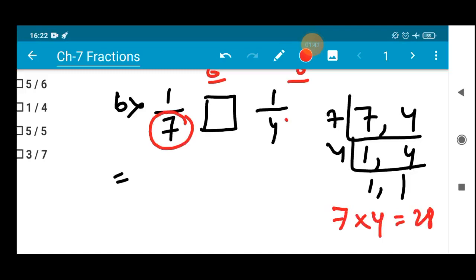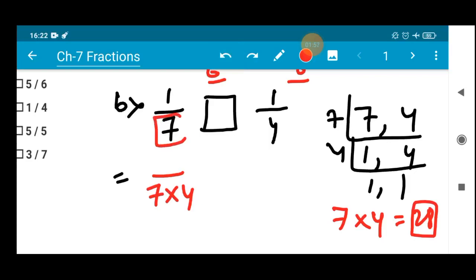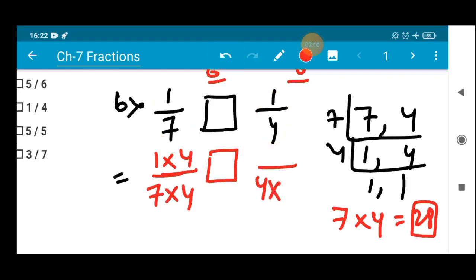So now we have to make both these denominators the same. How are we going to make it? By multiplying with the required number, that is 28. We have to reach 28, which was our LCM. So to make 28, in this case we have to multiply. If you are multiplying by 4 in the denominator, then it is compulsory to multiply by 4 in the numerator also. Not only for this, we have to apply it for the other also. Whenever we convert this 4 into 28, by multiplying with 7 you will get 28. Again, in the numerator also you have to multiply with 7.